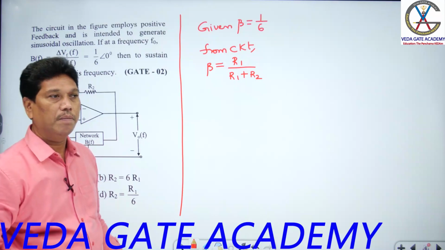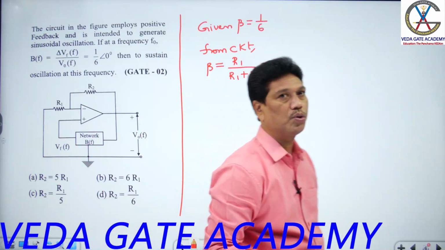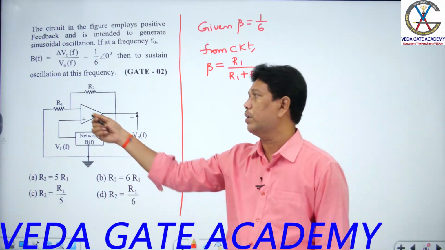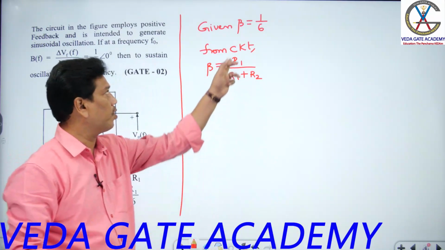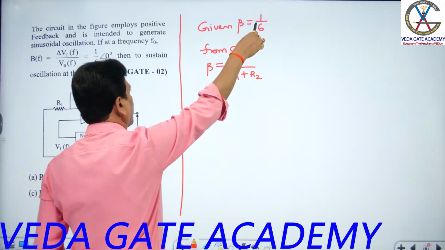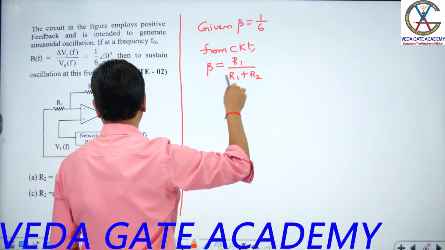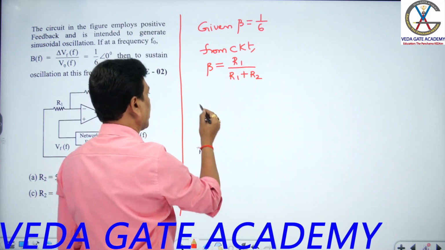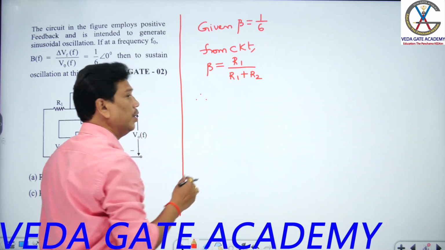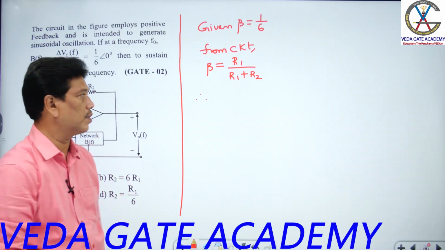That's the standard one. Beta should be the ratio of input resistance to the sum of input and feedback resistance. Already know that, beta equals R1 by R1 plus R2. Now I can equate both of those. So this is the condition you are given. From the feedback network of your amplifier circuit, beta is R1 by R1 plus R2. Thereby you may equate those two things to get the condition to sustain the oscillations.